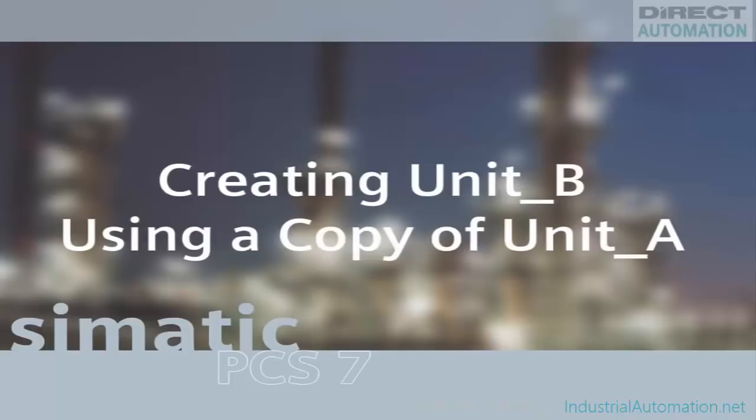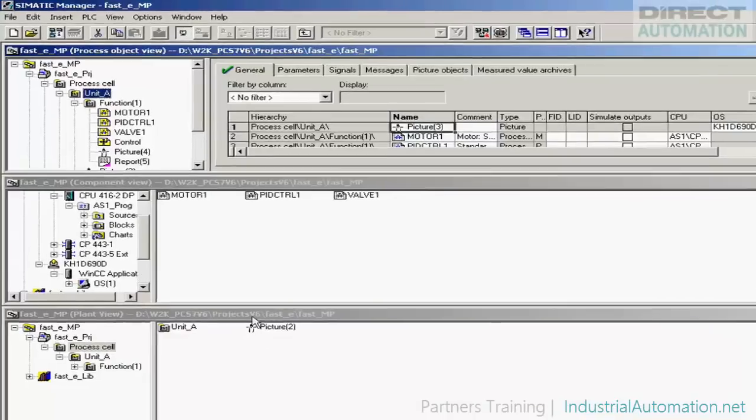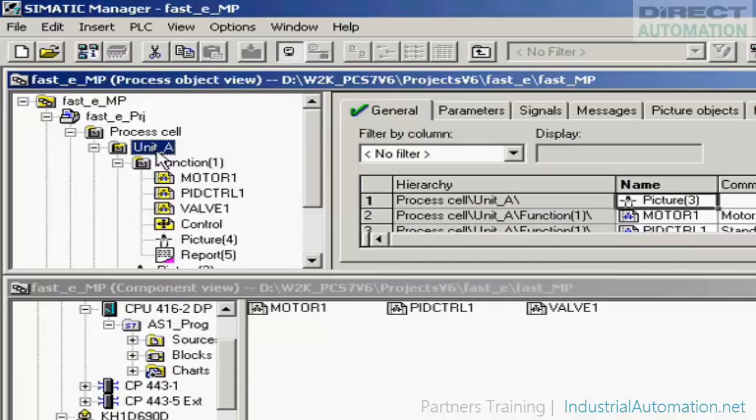In this sequence, we're going to show you how you can efficiently and easily create an exact copy of a pre-existing unit. As already pointed out earlier, 2 identical units with identical instrumentation are used in this project. Automation of Unit B is simply carried out by copying Unit A and modifying the instance names. It is not necessary to modify the actual programs, that is, to change the CFC and SFC charts. This is exactly what helps you to save engineering time, to avoid errors, and to minimize the validation and checkout